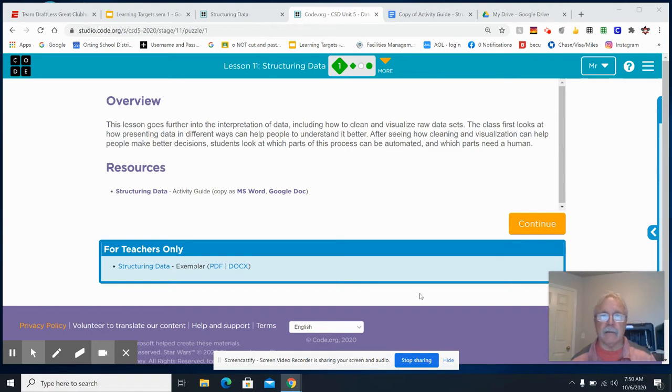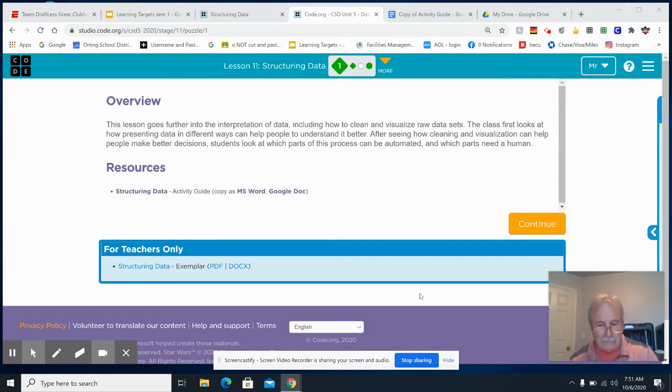Today, we're going to talk about Lesson 11, Structuring Data. What does structuring data mean? How does that affect what we input into the computer? Today, in this lesson, you're going to go further into the collection and interpretation of data, including cleaning and visualizing